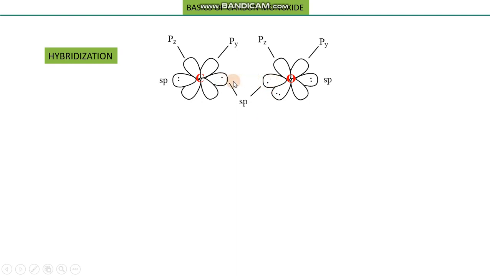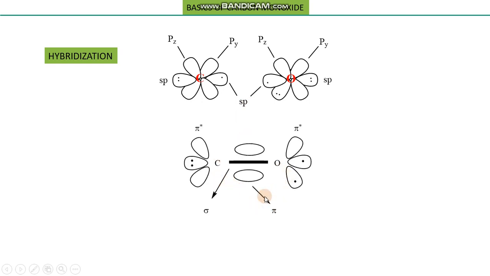And since the orientation of these two sp hybrid orbitals is the same, they are capable of overlapping sidewise, and the rest of the orbitals will be available for parallel overlapping. So this is the structure where a sigma bond has been established between oxygen and carbon because of these two unpaired electrons. And now p orbitals py and pz are available for parallel overlapping, and as a result of parallel overlapping, you are aware that a pi bond will be established between these two species.